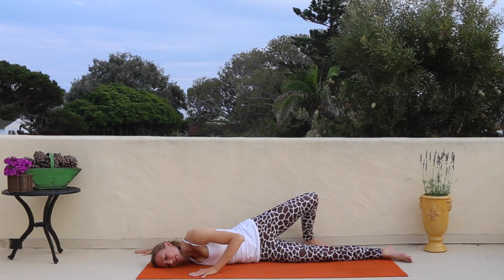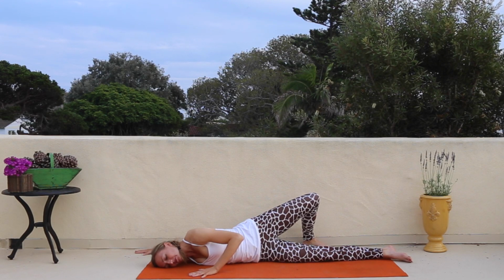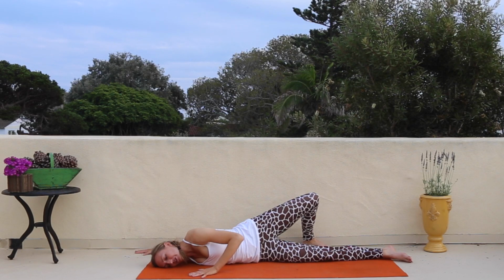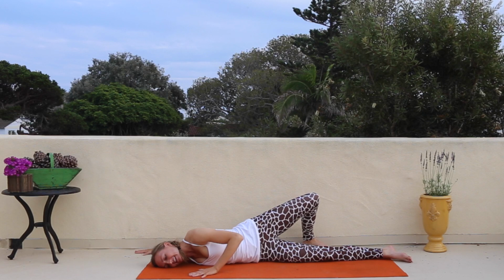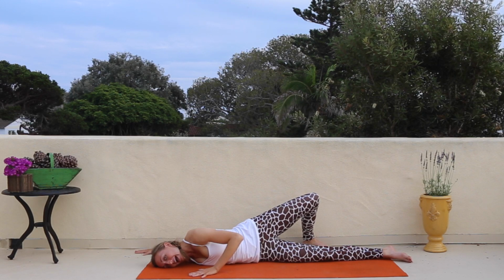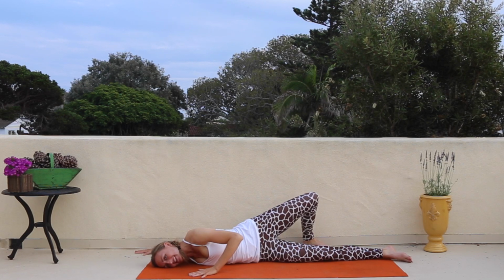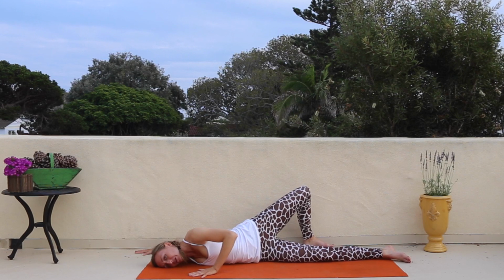So just like with every stretch, really use the breath to self-soothe. And I apologize for starting with such an intense shoulder opener, but for a quick backpack counteract, this is really what we need. So 99% of us, including myself, usually like to stay here and just continue to roll over